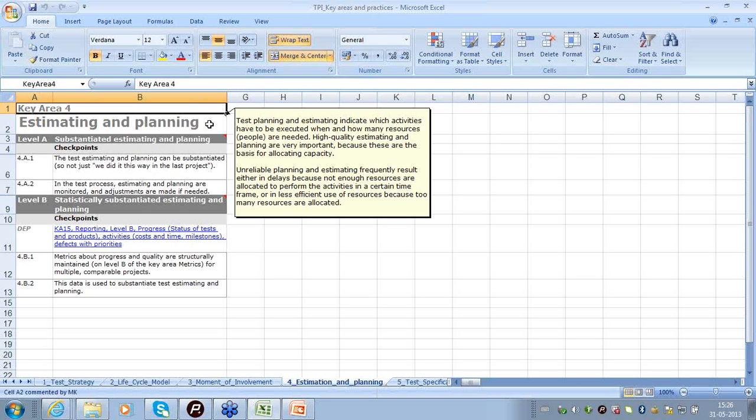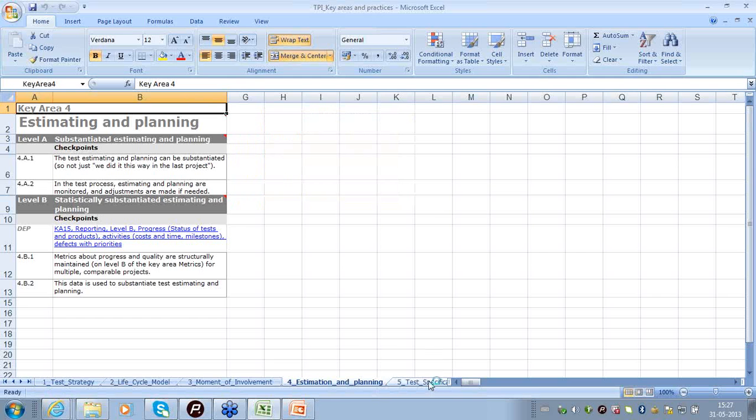It's neither more nor less. If the number of resources is more, then people don't have enough work and get demotivated. If the number of resources allocated is less than actually required, then the testing activity overruns the schedule, and ultimately it creates a problem for the overall software project and the delivery of quality software on time. So this is essentially the summary of what the estimating and planning key area requires.